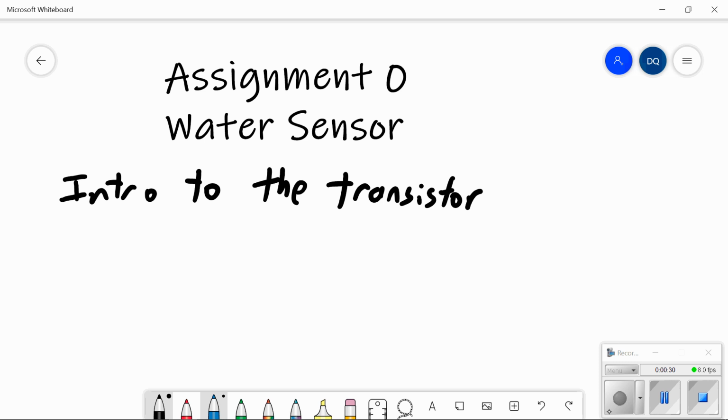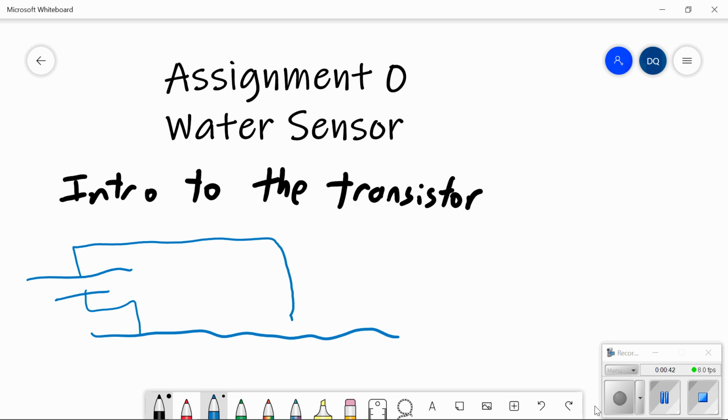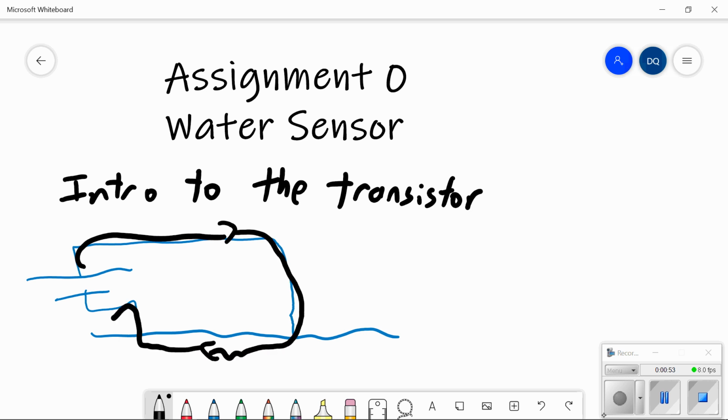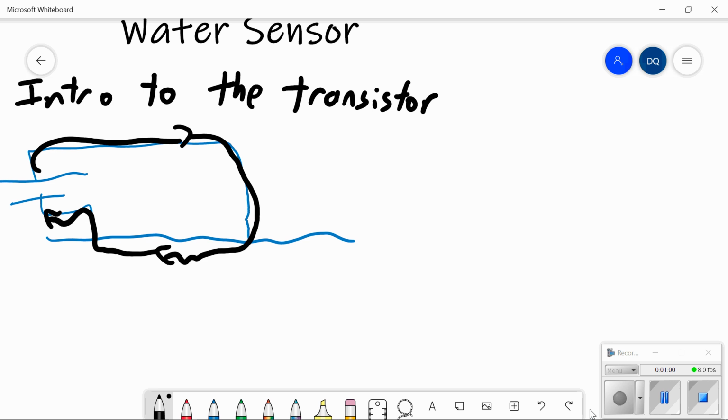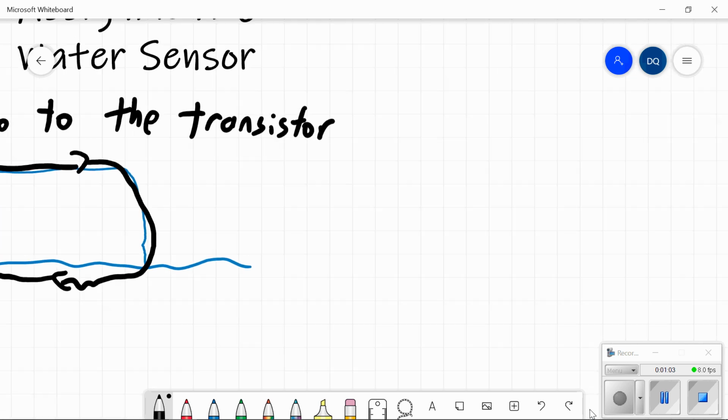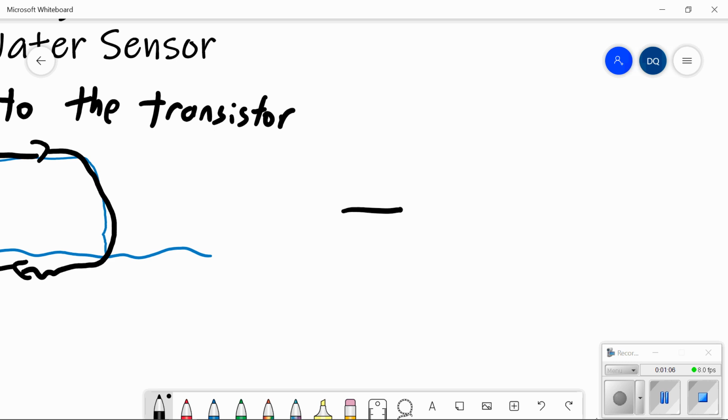So if you have some water and you put a wire, so let's say I've got a battery here, and I put a wire here and here into the water, it will conduct electric current, which means electric current will flow through the wire, through the water, and then back to the battery. And because of this, in theory, you should be able to detect water by using the water to complete an electric circuit. However, let's say you are to take a battery